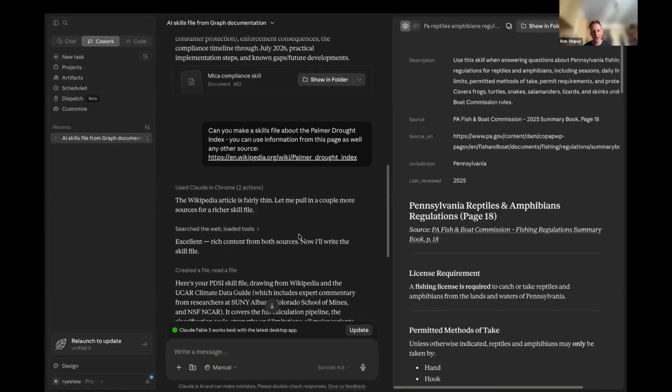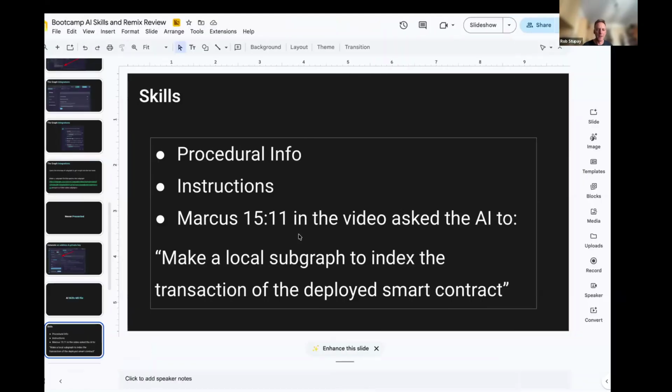So I was searching around for what that could be. I came up with this Palmer drought index, and then I put that into Claude, and it made a skill quite easily, and it had the front matter.